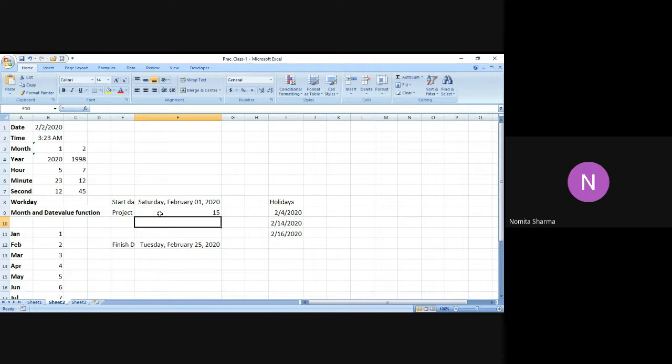So if we are starting our project on 1st of Feb, that is Saturday, and that is going to take 15 days, roughly it should have taken the finish date at around 16 Feb. But since these holidays were not taken into account, that will be the wrong date. So the workday function will take into account the holidays that are coming in your planned project schedule and give you the right date on which your project is going to end.